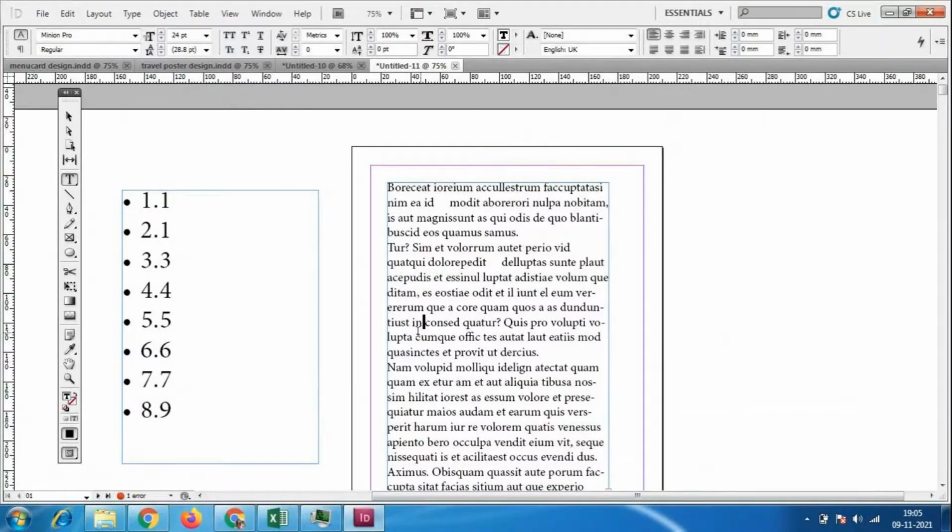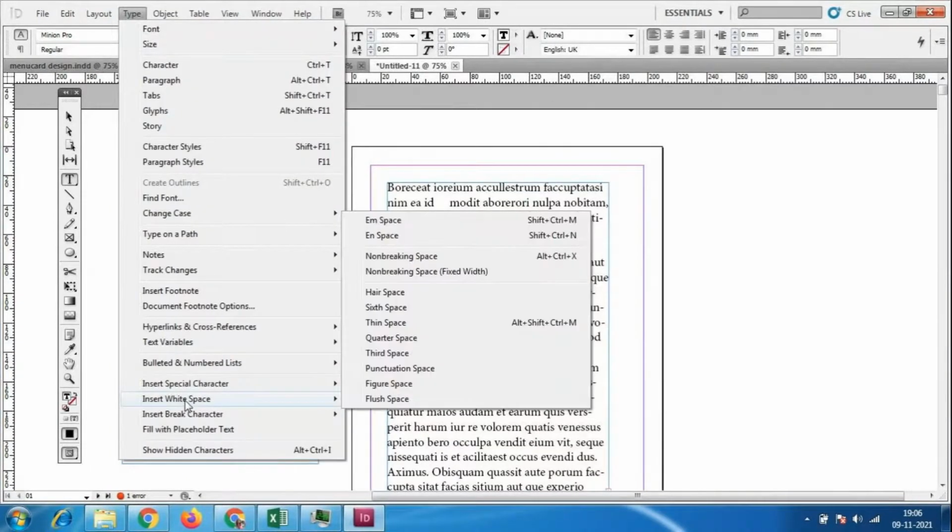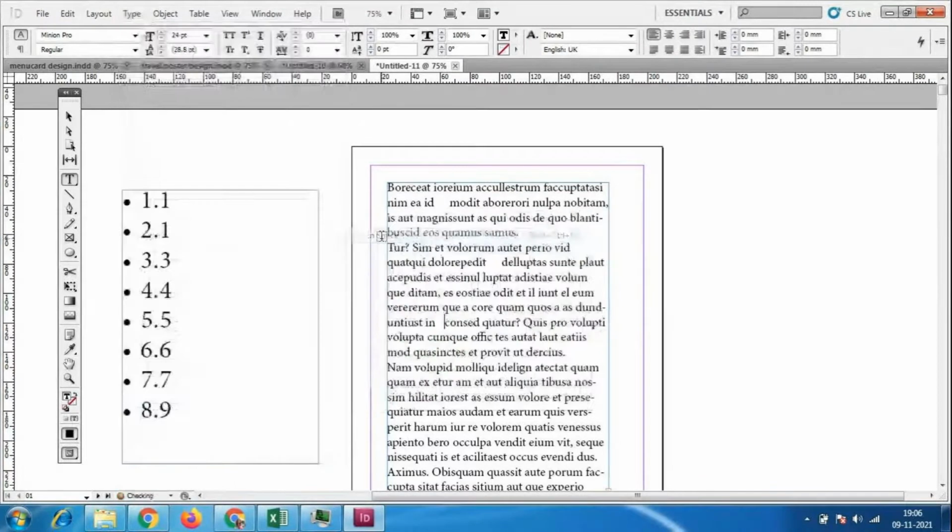We have to keep the content with only as much space as is needed. Insert white space, em space, in the sense the space which is equal to an m. How much an m is, one character like one m, that much space only you will get. Em in the sense, leave the e also, only the m space you will get. Only you can type the m over here, only that much space will get. And what is en space? Wherever the space will be there, that time we have to use a space which is much lesser.